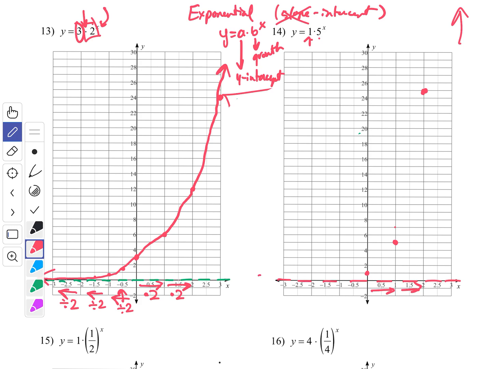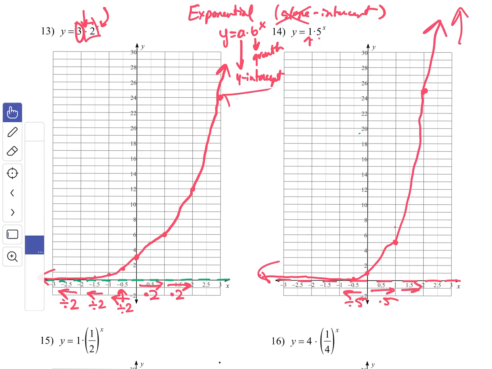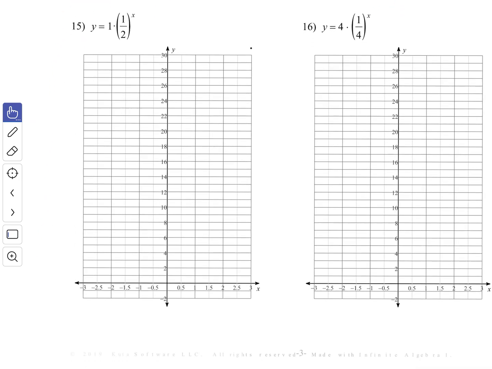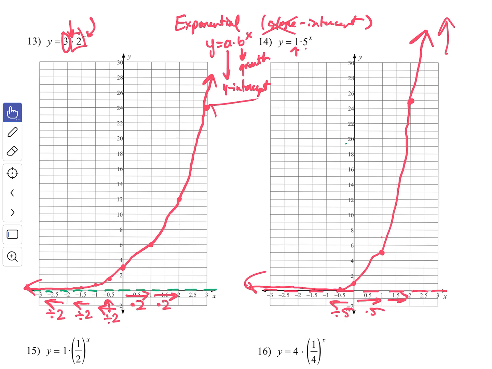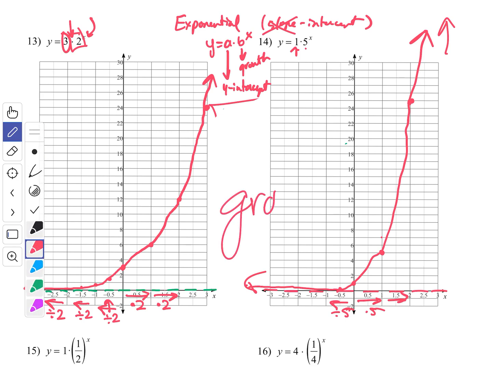And I also kind of know as we get smaller as I move to the left, so I would divide by 5 here instead of times by 5. 1 divided by 5 is 1/5, so it's really close. So I know that I'm basically going to just skirt right here, and then we'll shoot up really quick like that. Okay? And these, by the way, because as we look left to right, they're going up, right? We follow this up. These are what we call growth,